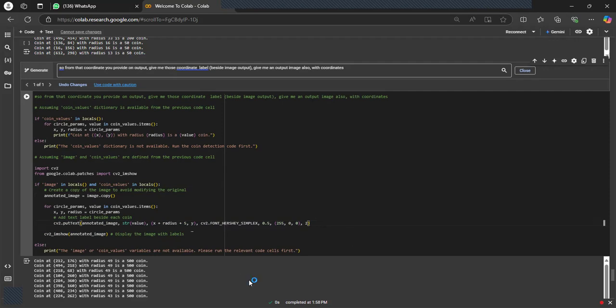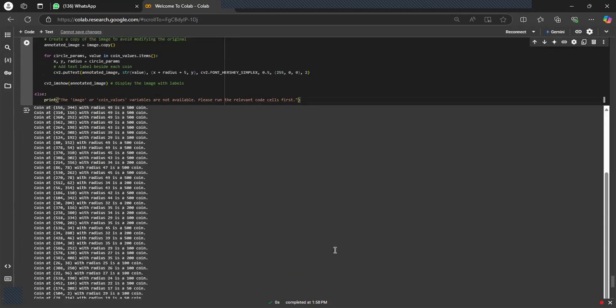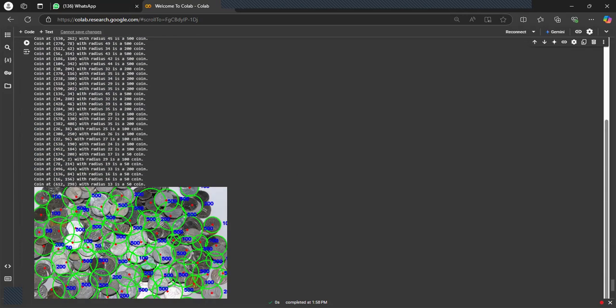This is for the thickness of the text. Then we could see this coordinate with radius. This is 500 coin, 500 coin, 200 coin, 100 coin, and so on.